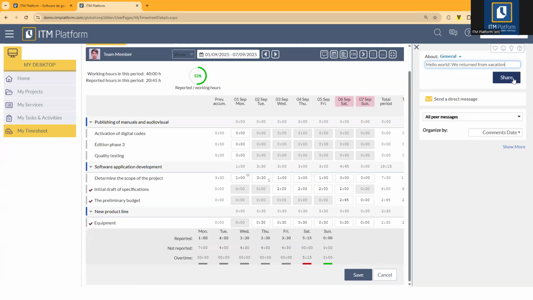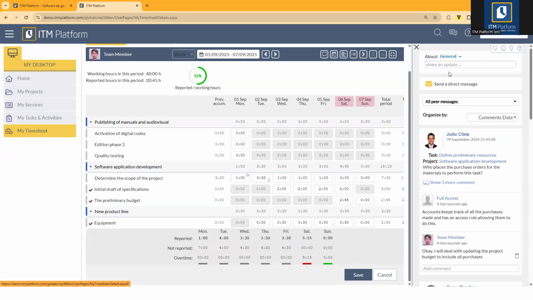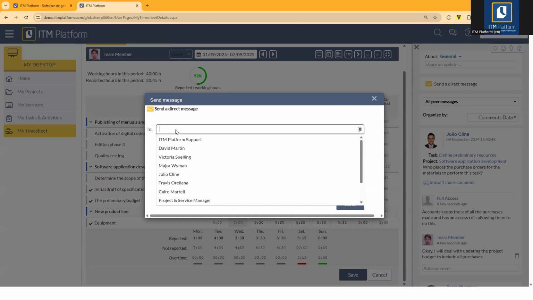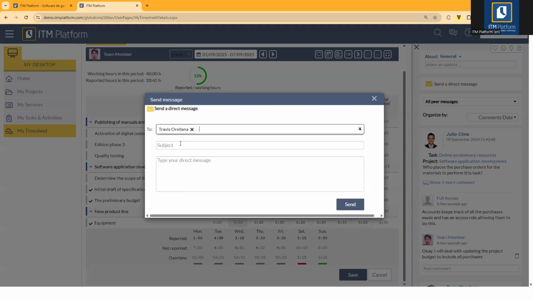Okay, so I can click on share and I'm creating a general message to the entire system. Now I can also send a direct message. If I click in there, it will ask me who is going to be the recipient. For example, maybe I would like to communicate with my project manager, Travis. So I'm going to say,